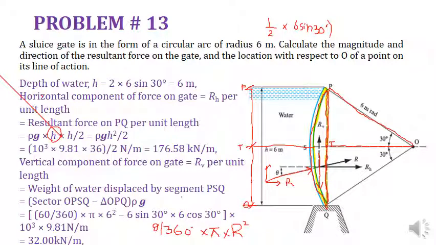So the value for the triangle will be half into 6 sine of 30 from one side, sine of theta meaning 30, for the upper triangle, this part for PT, and for the TQ again it will be 2 times of it, and then multiplying by the height of this triangle. The height of the triangle will be equal to 6 into cos of 30.